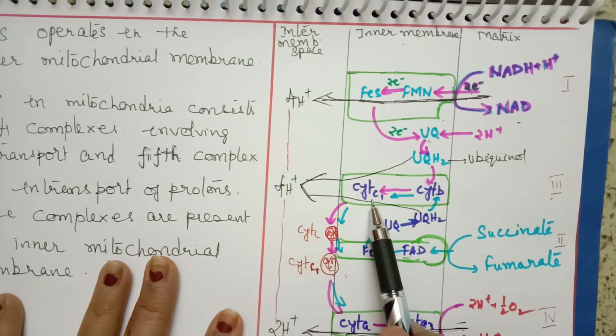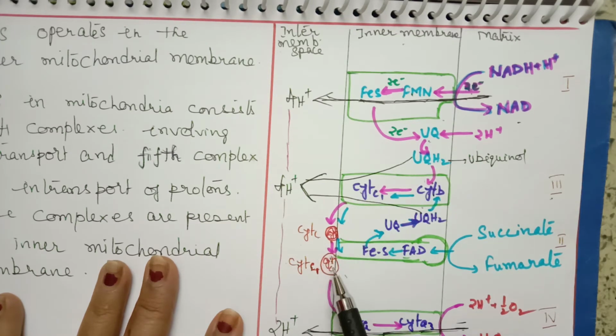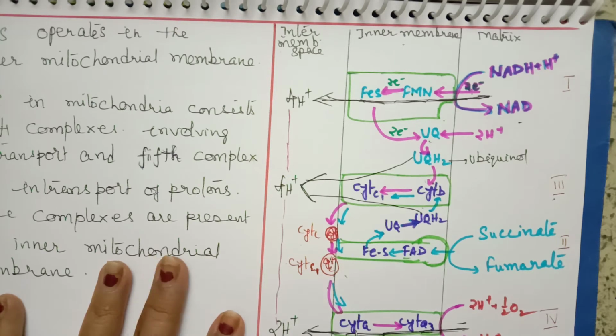Electrons coming from cytochrome C1, they are taken by cytochrome C. And from 2 molecules of cytochrome C, the electrons pass to cytochrome A. The cytochrome C also is a mobile carrier. Mobile carrier means they can move within their place. How is it transporting from cytochrome C1 to A? That means it is connecting 3 and 4. Cytochrome C is connecting 3 and 4.